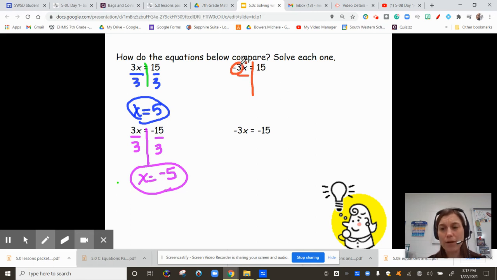So that's what I'm going to divide by. I'm going to divide by negative 3 because negative 3 divided by negative 3 is the invisible 1. If I only divide by 3 and I divide a negative by a positive, I have a negative x. I don't want negative x. I just want x. So now I have x equals, I have to divide the other side by negative 3